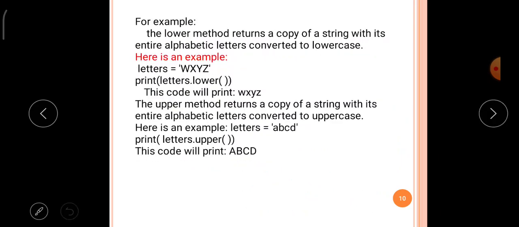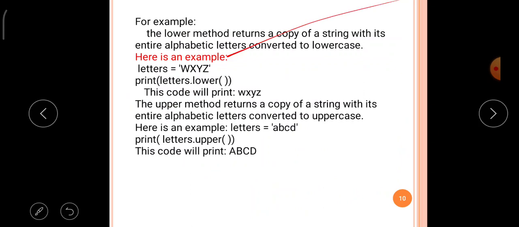Next, for example, if you see the program, the lower method returns a copy of the string with all its alphabetic letters converted to lowercase, okay. Observe the example carefully. letters is a variable, and that variable contains the string WXYZ in capital letters.